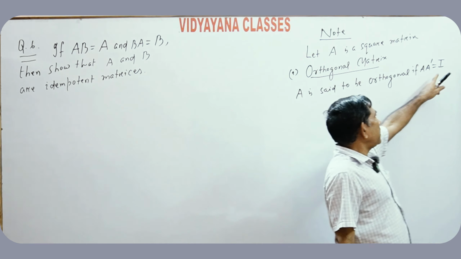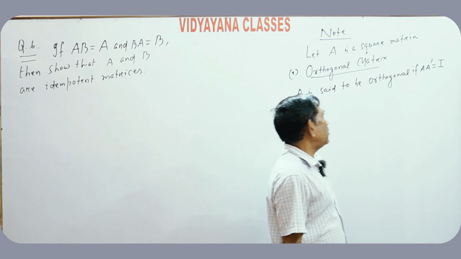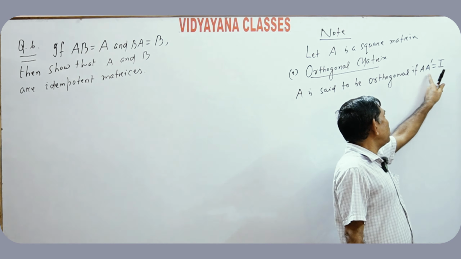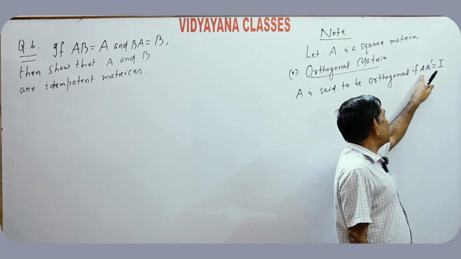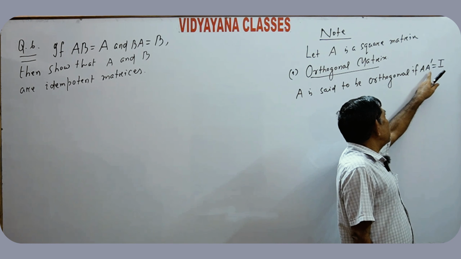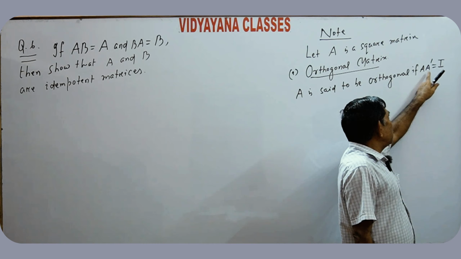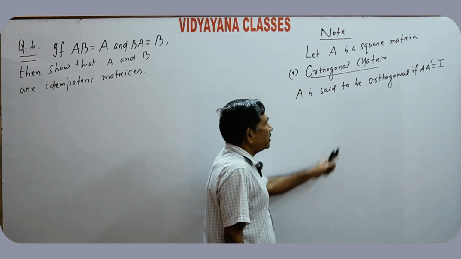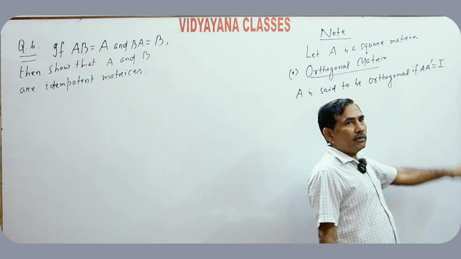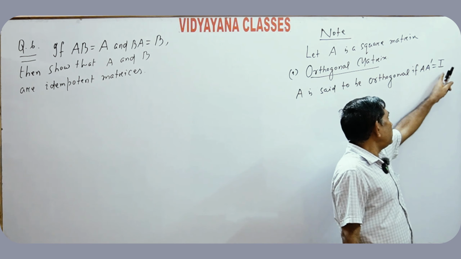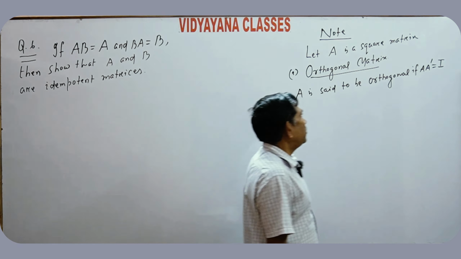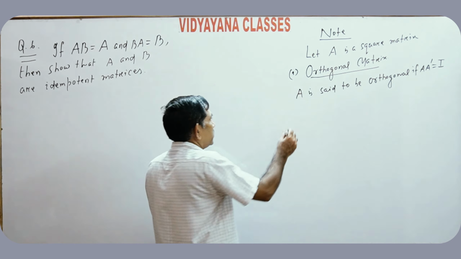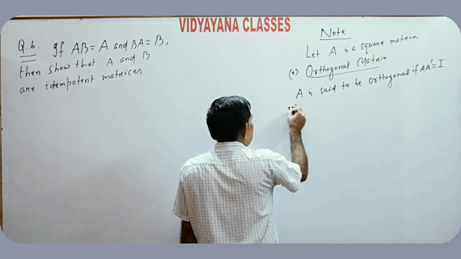The order of I is the same as the order of A. A dash represents the transpose of A. A is a square matrix, and A into A transpose is equal to I. A is said to be orthogonal if A into A transpose is the unit matrix, where A and I have the same order. Second,